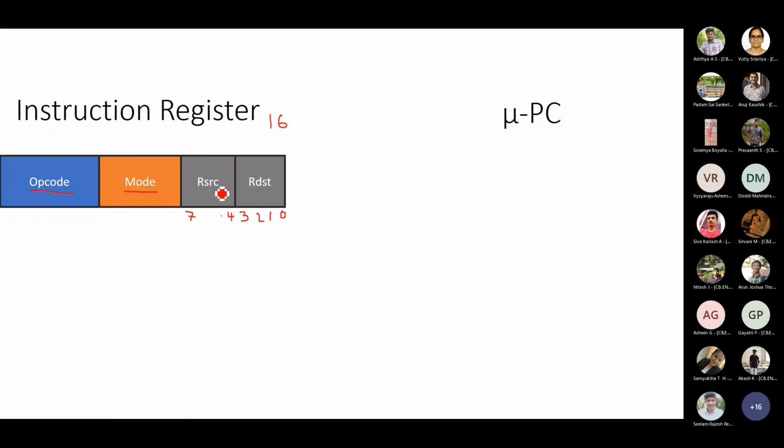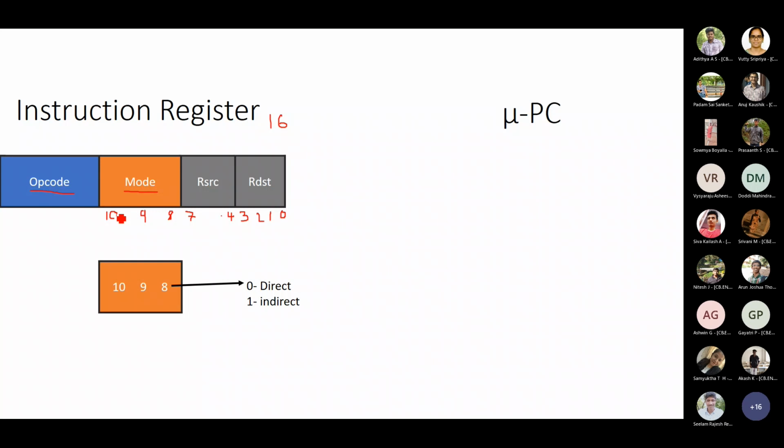Now, source register can contain the data directly or indirectly. It could contain the address depending on various addressing modes. So in order to specify which type of addressing mode it is, whether it is register direct, auto increment, auto decrement, or index, direct or indirect form, we have reserved 3 bits starting from bit 8, 9, and 10. So bit number 8, 9 and 10 are important to understand which type of addressing mode it is. It is very important. Please note it down. So this is how we have split it.